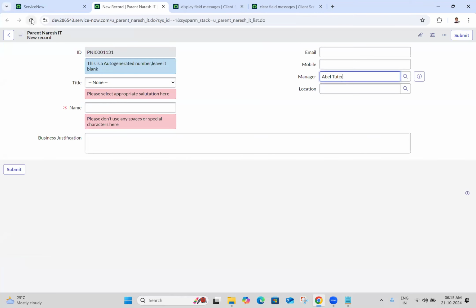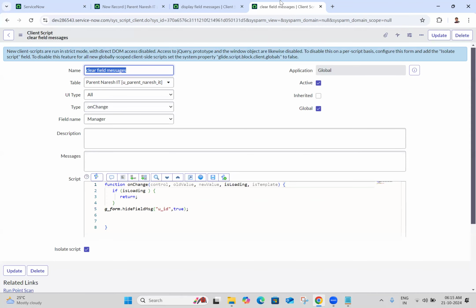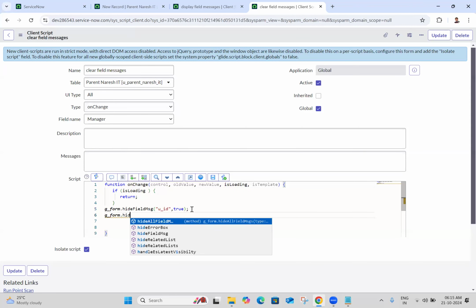Now you can come and refresh here. I just wrote for you the if_ID field. Maybe I'm updating the manager field. You can see it is hiding the field message. Okay. Next, g_form.hide